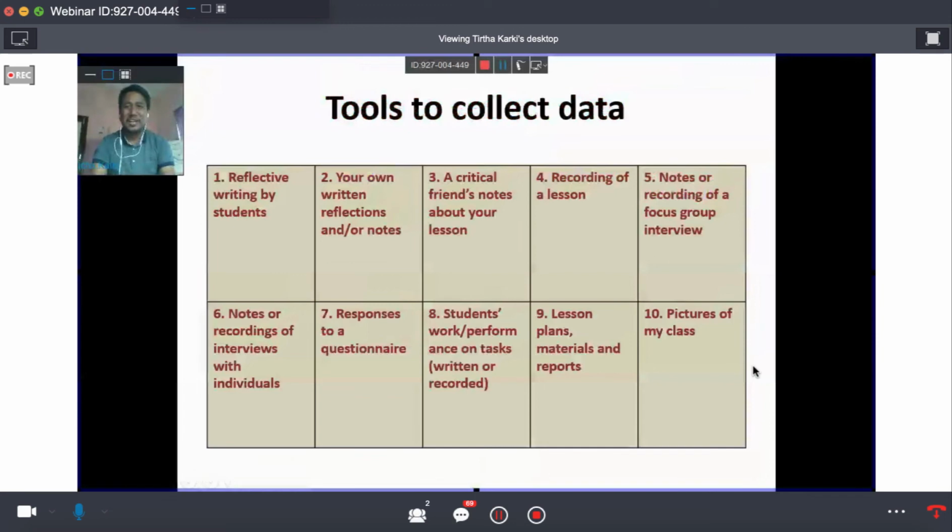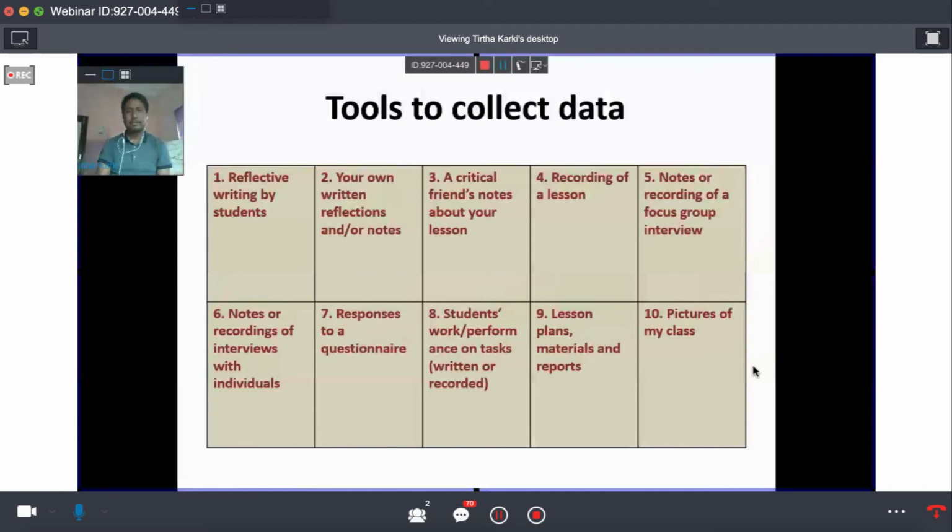So, tools to collect data. Here I have presented 10 different tools to collect data. Reflective writing by students. The students also can write something and suggest to the teachers. And your own written reflection or notes after classroom observation or after teaching, the teachers can also write what happened in their classroom, self-written reflection by the teacher. Or critical friends' notes. A friend can be invited into the classroom, and the friend can also write and suggest